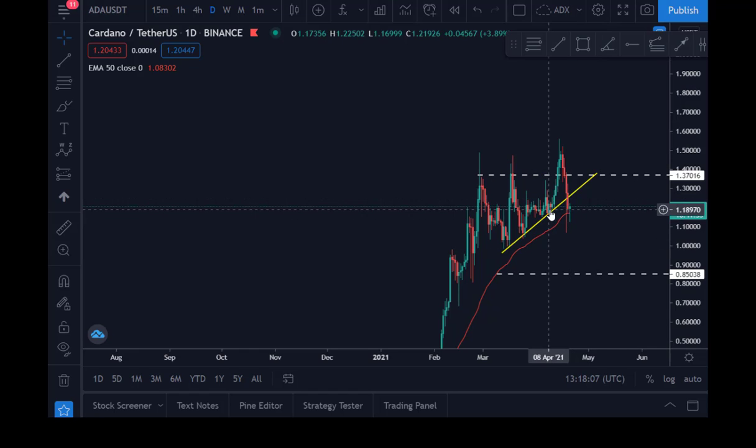Previously, when we were here last 2 weeks, I was telling you guys that I'm not really sure about Cardano, because the way it's forming here is telling us that it might break down or break up, but you can see now. So what are we expecting from Cardano? Two things. Either it makes a very sharp impulse up and starts going up, or if it makes any three-wave move up, guys, something like here, just sell it off because it's coming down.